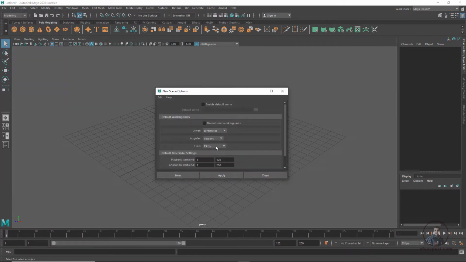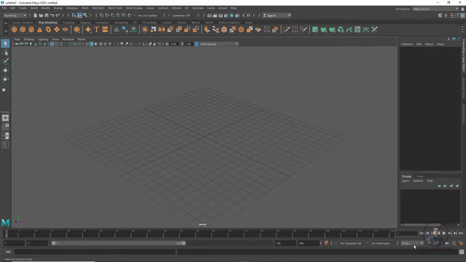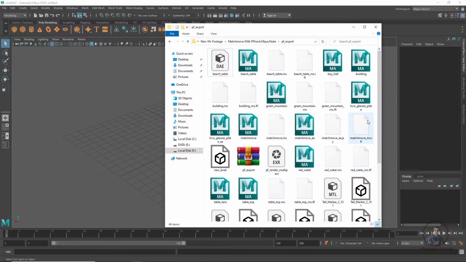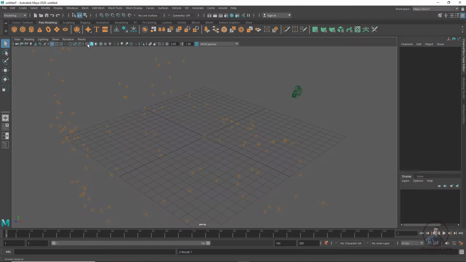So here we have to select 25 fps as in PFTrack. Okay, even downside here you can also see. Now we have to import our MA file which we have created from PFTrack. So here, this file I have created from PFTrack. Select and just drag and drop here, then minimize this one, then click on panels and perspective and select your